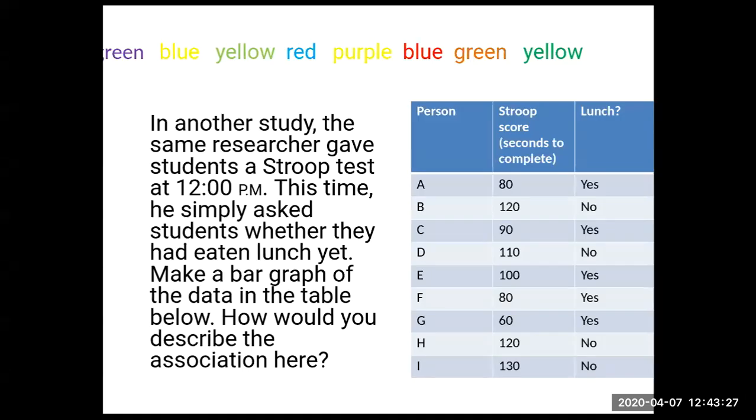So if we were to look at this as a bar graph, and we could do a t-test on this, which seems like it would be significant, for the people that ate lunch and had calories consumed, they finished the Stroop task in an average of 82 seconds. Those that did not have lunch, and their concentration may have been impaired because they may be hangry or unable to concentrate because they didn't eat lunch, took them almost 40 seconds longer on average to finish that test. I would stake my career on it, that t-test would be significant. That 82 seconds and 120 seconds is a huge difference, right?